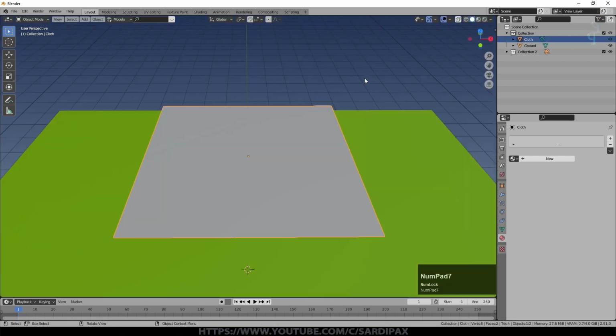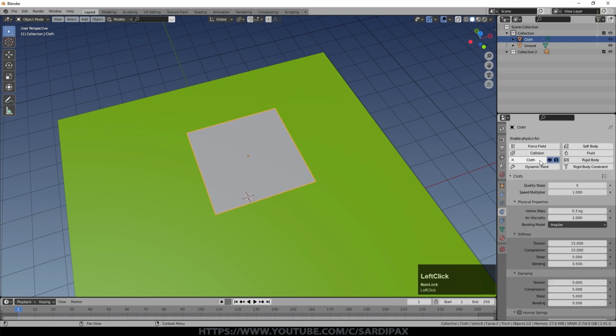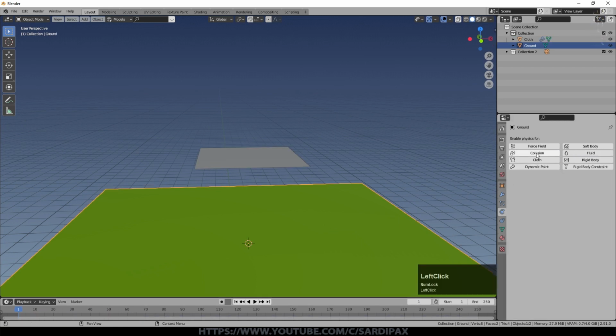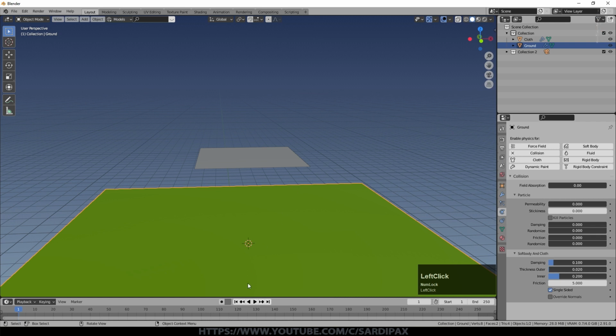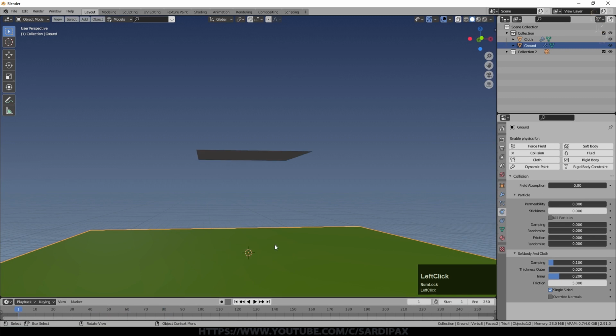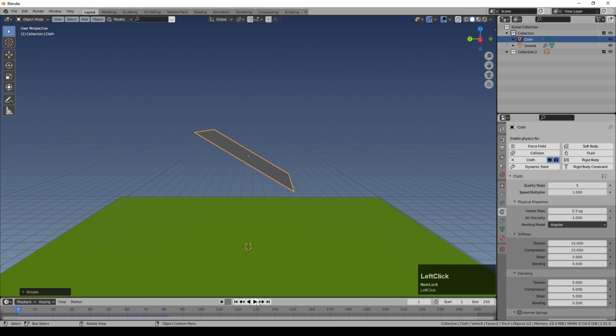And the first thing we need to do is to subdivide it. If I just add a cloth simulation, so I've gone to physics here and I just say cloth, and I just press play at the moment, it will just fall straight through the ground plane. But even if I go to the ground now and I set that as a collision object and press play, you'll see the cloth just falls in a completely static way, and it really doesn't have any cloth-like properties to it. I'll put it at an angle now, and we'll let that fall, and you can see it just falls like a piece of cardboard. There's a little bit of bouncing there, but it's not at all cloth-like.